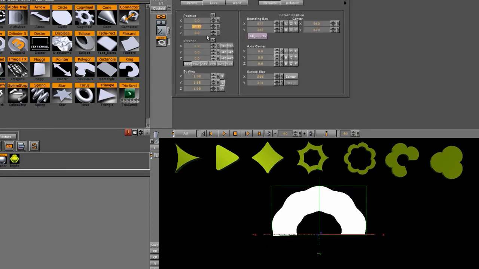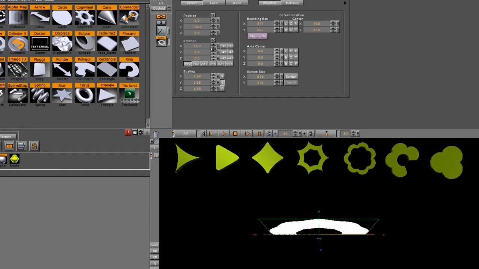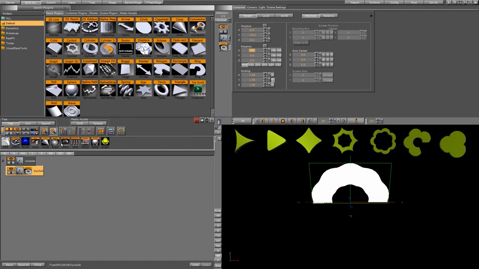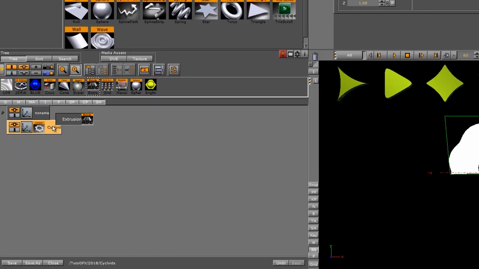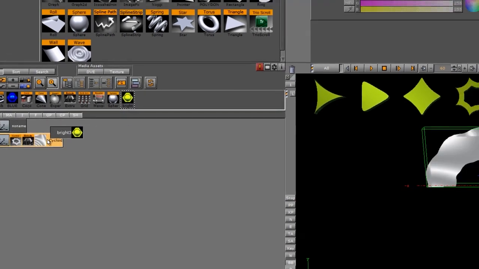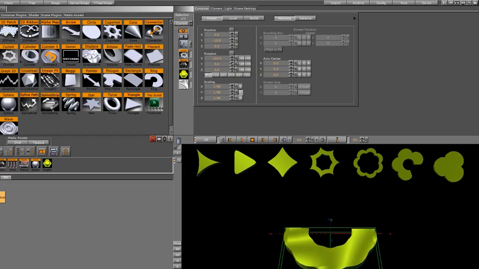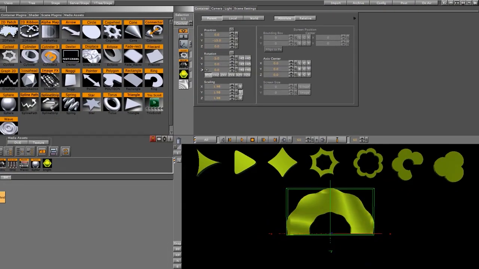Now by default, this is a 2D object, so as you rotate it around, you don't see the back side of it. If you want to see the back side or extrude it to make it a 3D primitive, you can use the extrude function and then just add some type of image and/or material on it. And as we rotate it around now, you can see that we turned it into a 3D cycloid